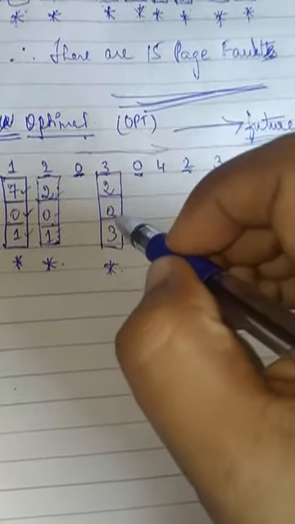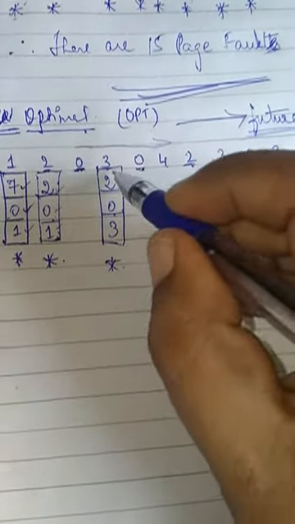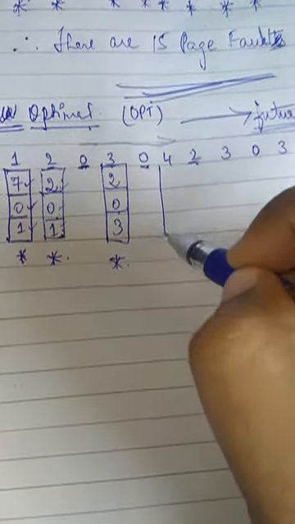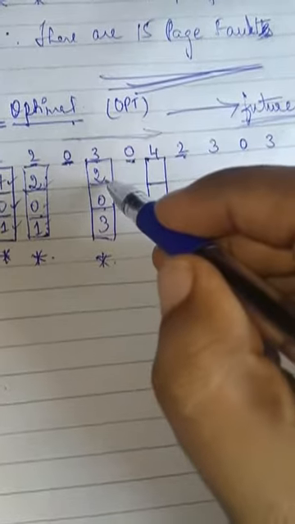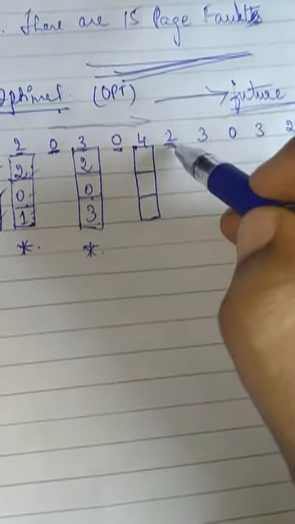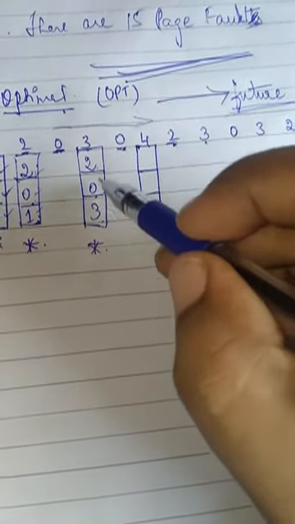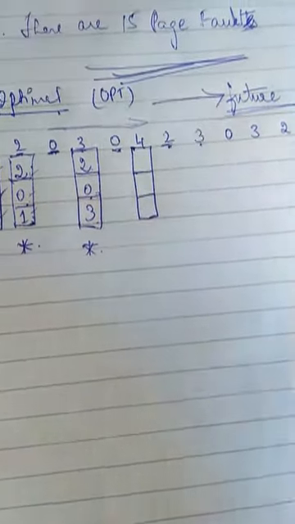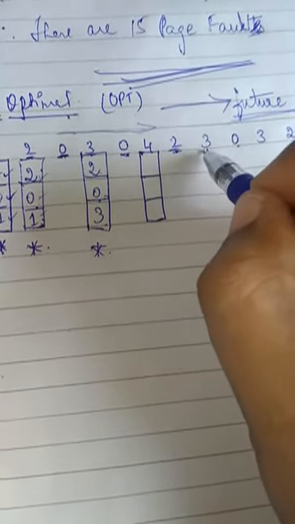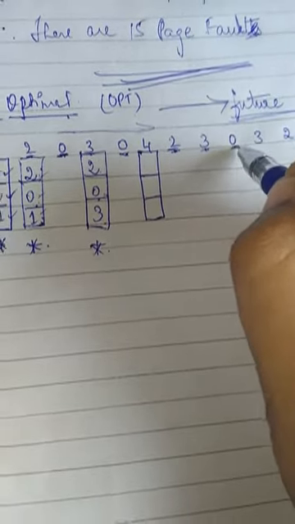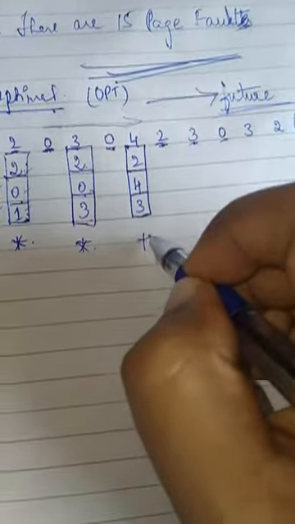Now again 0 is already there in main memory, so it is not a page fault. Now 4 is not there, therefore it is a page fault. So find a suitable page to be replaced. Out of this 2, 0, 3, 2 is immediately used, 3 is used after that. Out of these 3, which is the best one, the one not used for the longest period? That is 0, because first you have 2, then you have 3, later you have 0. So you replace 0 by 4. Again a page fault.